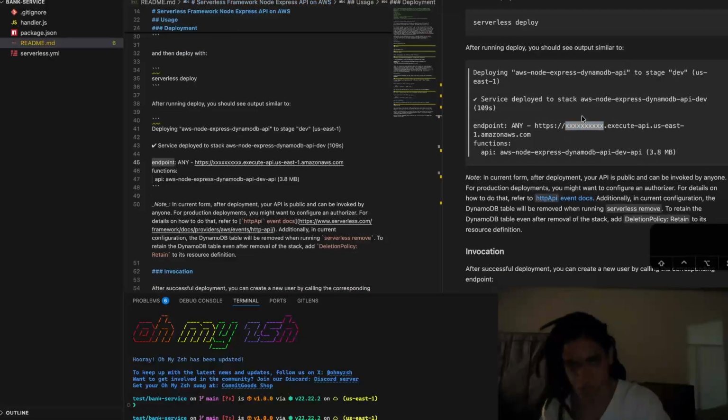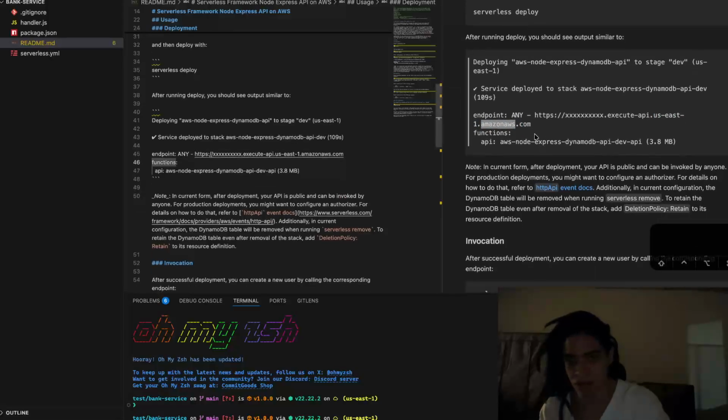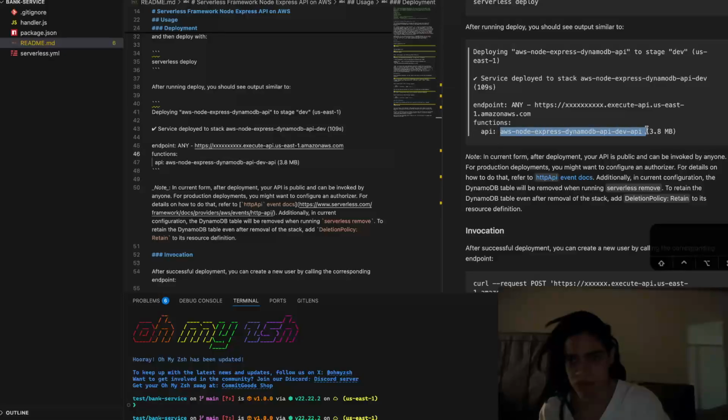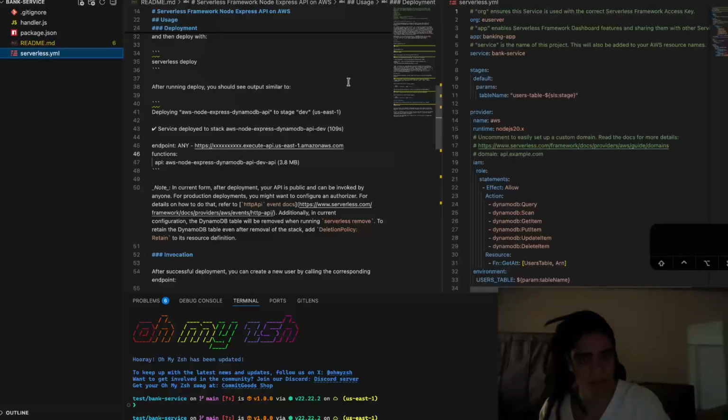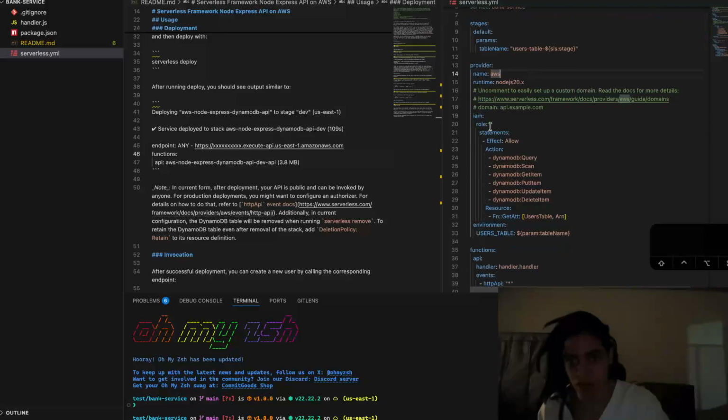which is any random name that they give you, execute API, the region, followed by the name of the cloud provider, and the name of the function here, right? So if you take a look at the serverless file, which indicates the service, you can define the app that allows you to have multiple services running here, some of the stages, the providers. Okay, where are you going to run,